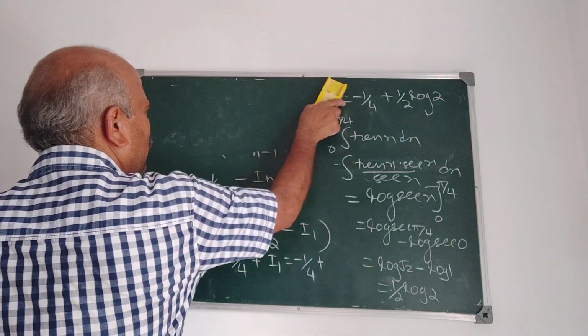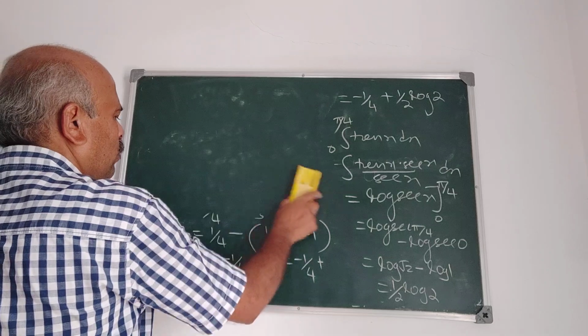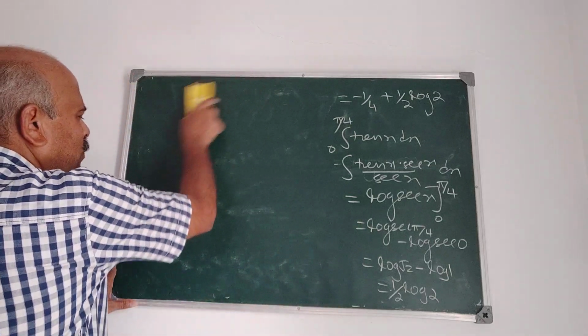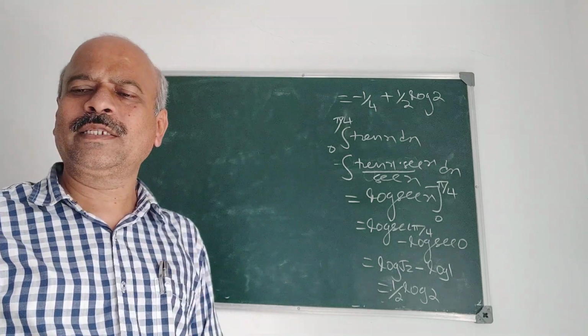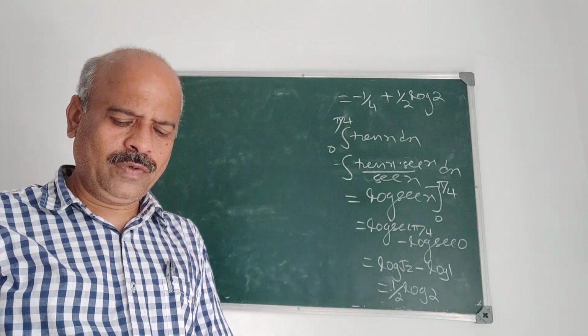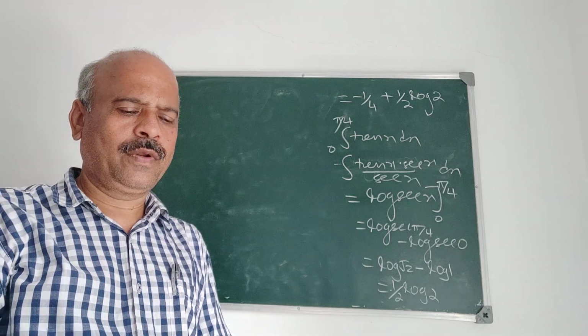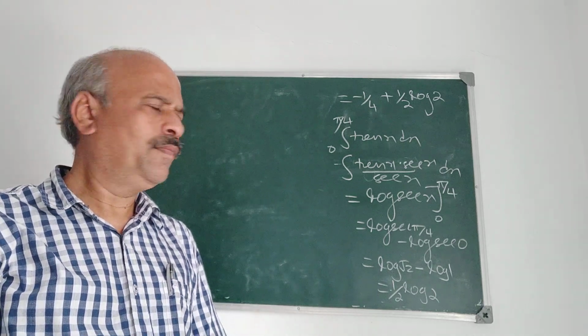I think you followed this solution. The problem was not so difficult. The first part is like a reduction formula. Second, from that result we derived the value of I5.